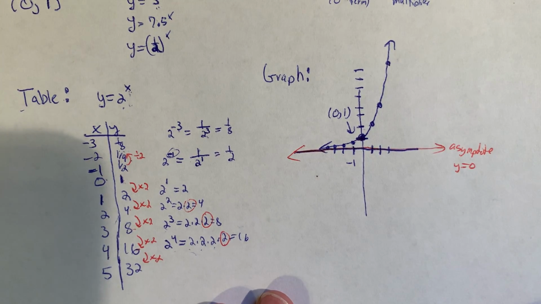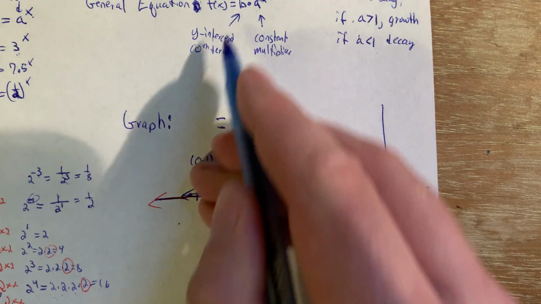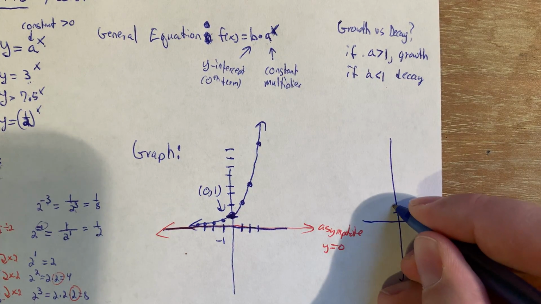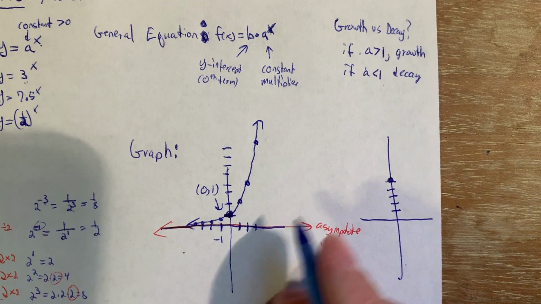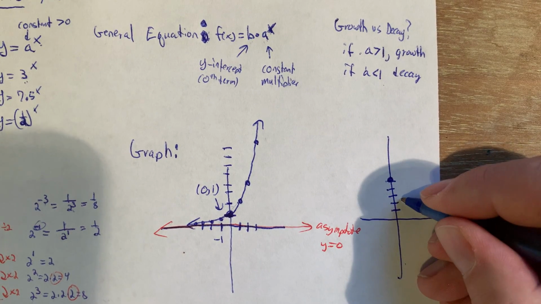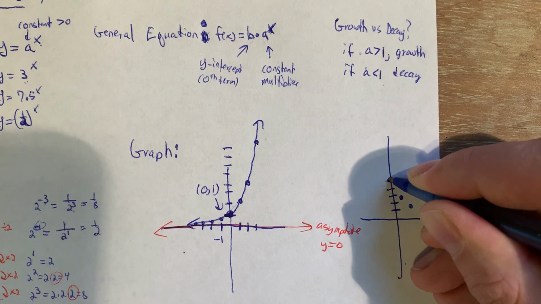This is for a parent function. Now, it doesn't have to be a parent function. Remember that if you have something multiplying in front, that would be the y-intercept. And so, I don't know, maybe we'll start here. And remember, growth is when you're multiplying by a number bigger than 1. It could be something like decay, where we are multiplying by something that is smaller than 1, in which case